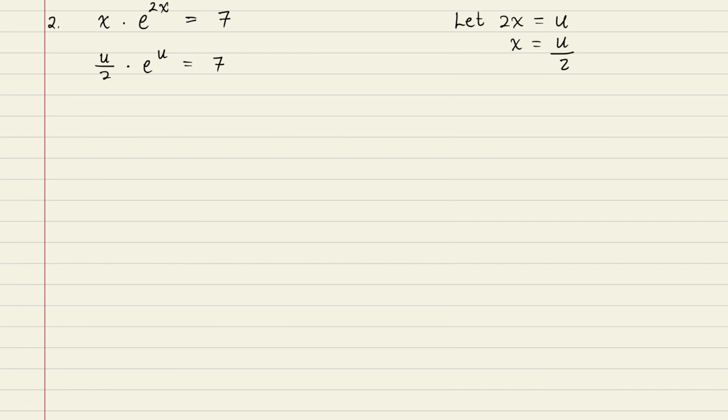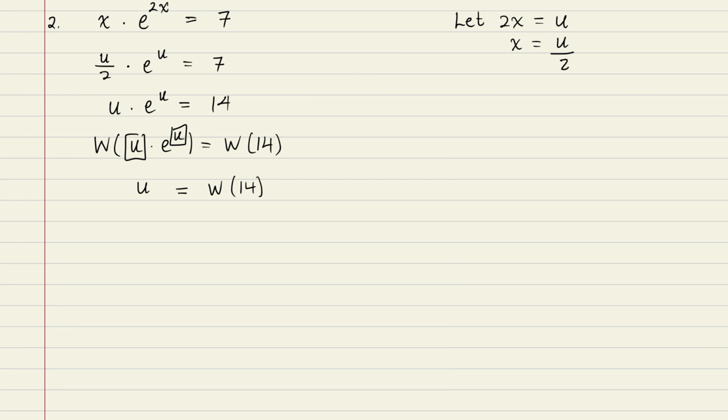Now I'm going to multiply both sides by 2. I'm going to have u multiplied by e to the u, and that's going to equal 14. Now that is written in the correct form. So I'll take W of both sides. So W of u multiplied by e to the u, that's going to equal W of 14. So this is going to give me the solution for u. So u is going to equal